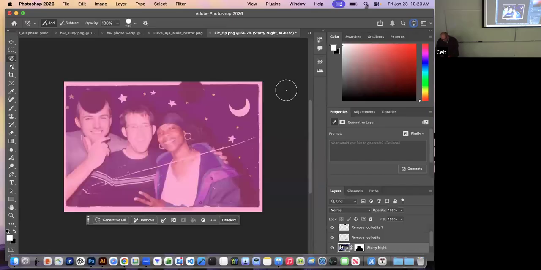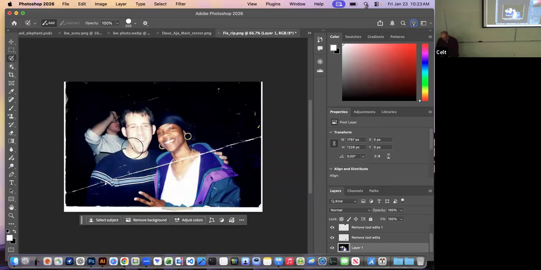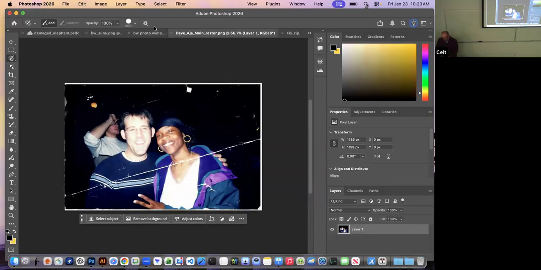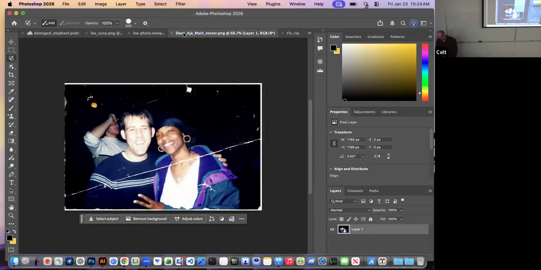Okay, so we're going to go back to our original photo here. Boop. All right, and talk about this line. So I'm actually going to go one step further and go here. Here's where we're going to talk about the neural filters. So Adobe forever has been wonderful with filters. You can see filters along the top. Boom. Feel free to play with all of these. There's some good stuff in here. But the ones that we're going to focus in on are really the neural filters. If I click on this,